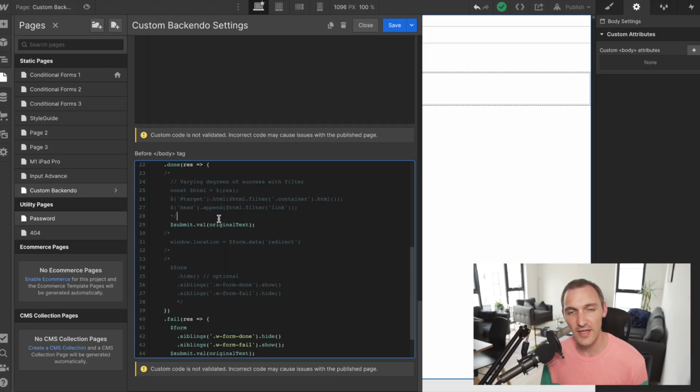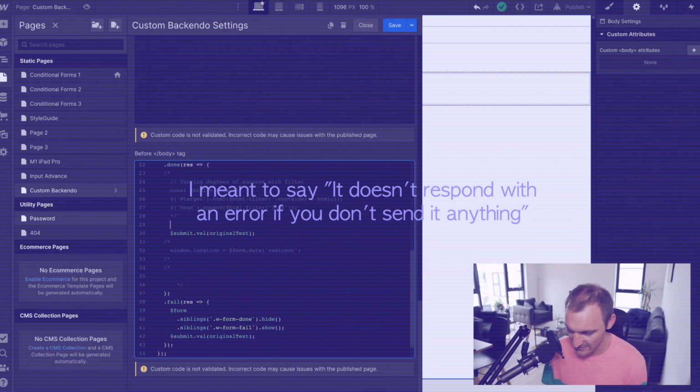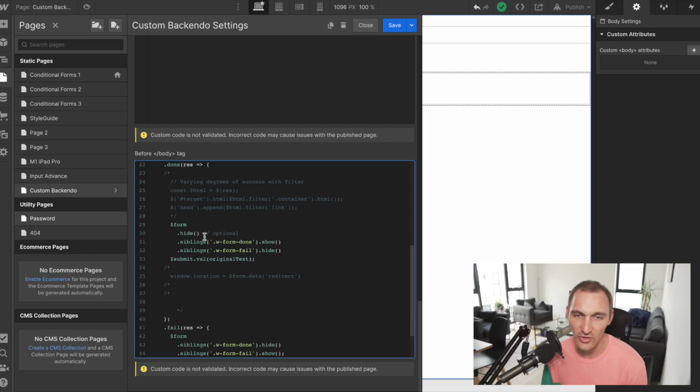The unfortunate thing about GetForm is it actually doesn't respond with an error if there is some form of an error. So you're really left to your own devices to know that you're sending it the correct data. But if we just put back our hiding of the form, the showing of the done message, and the failure,